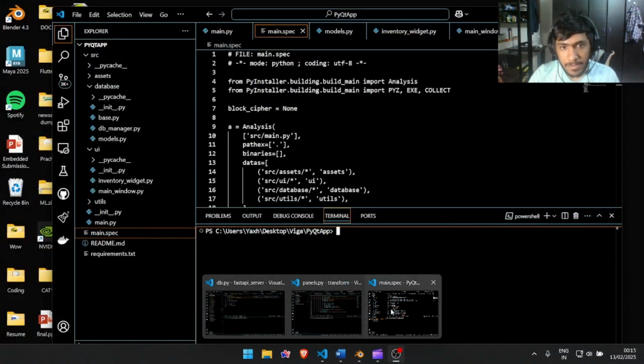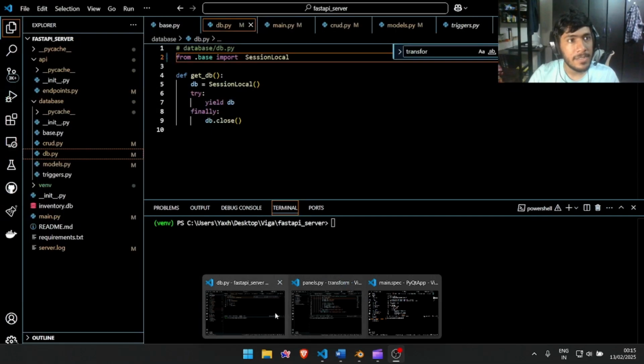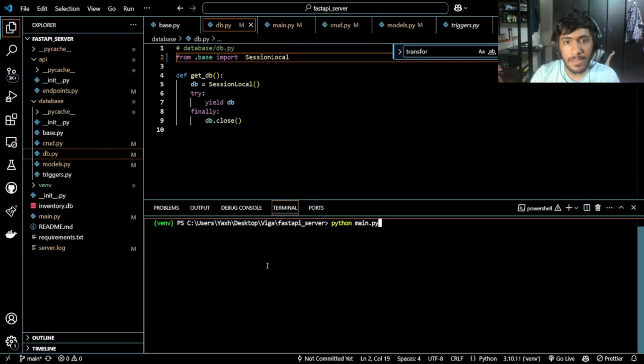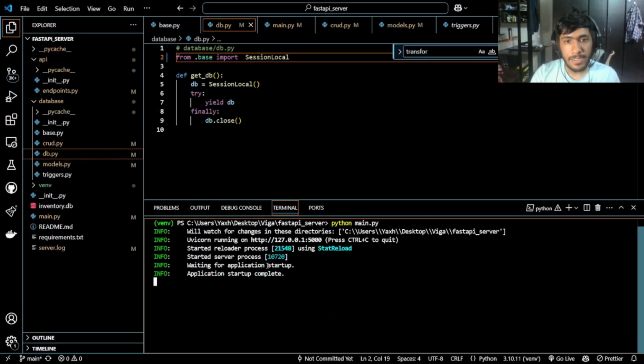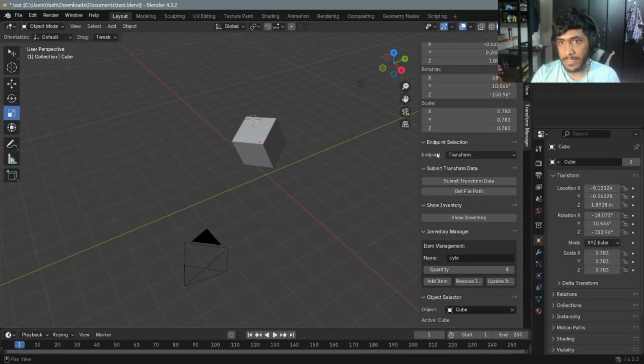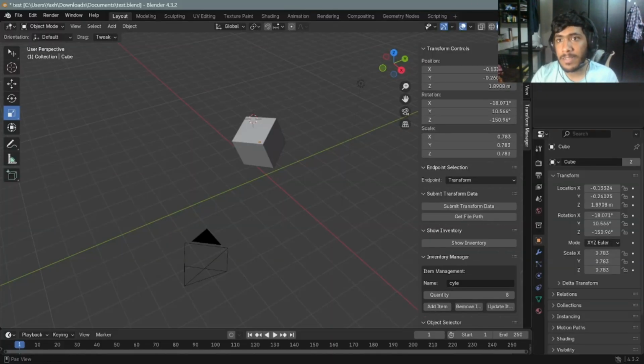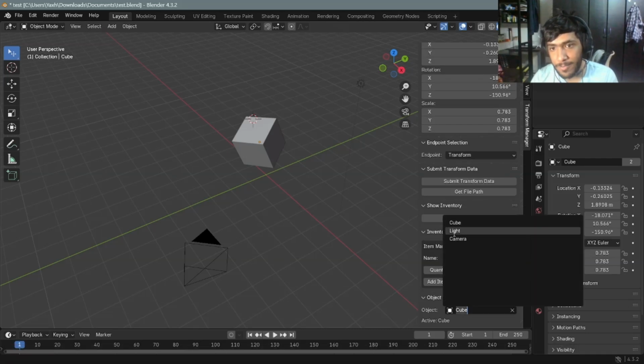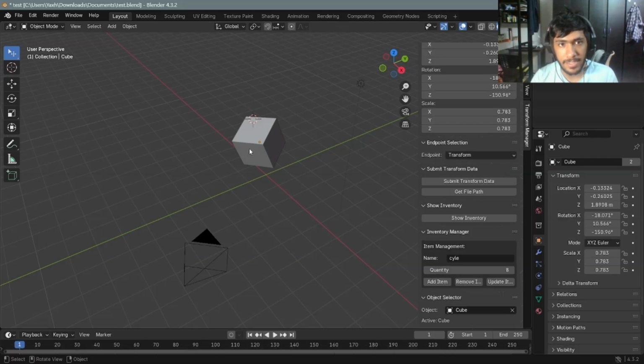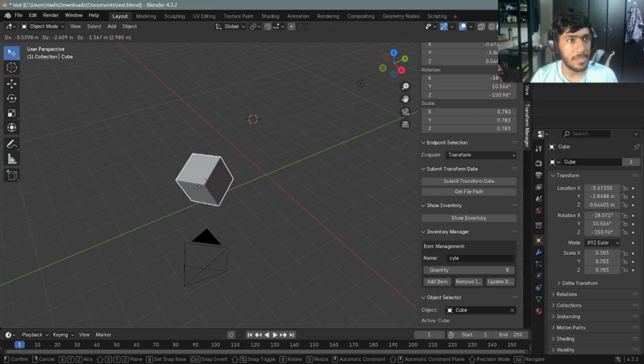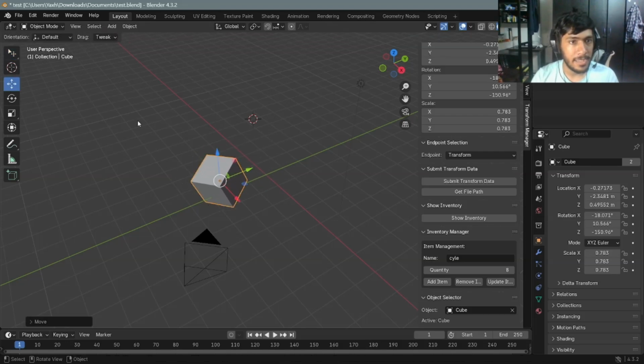So this is my first API server. Once I start it, I can go to my Blender, and this is my plugin on the side panel. If this cube is selected, as you can see, the object selector lists cube, light, camera, whatever objects are in here, and I can transform it as I like